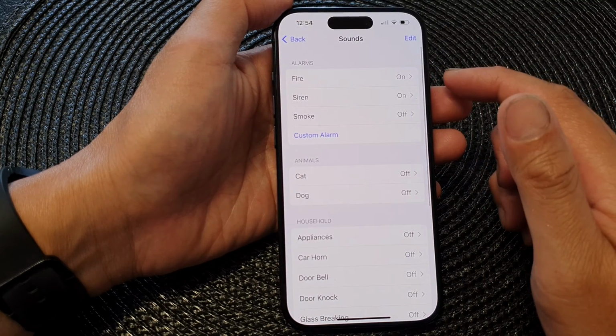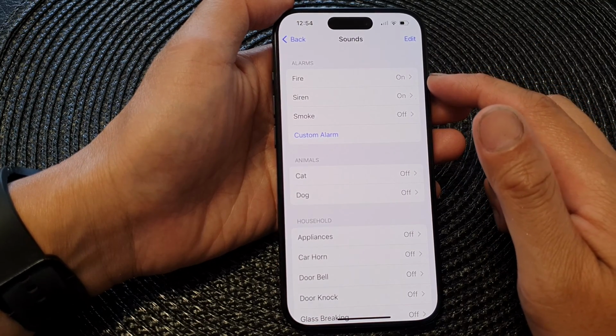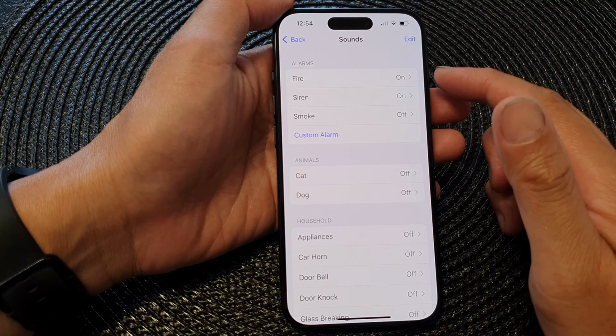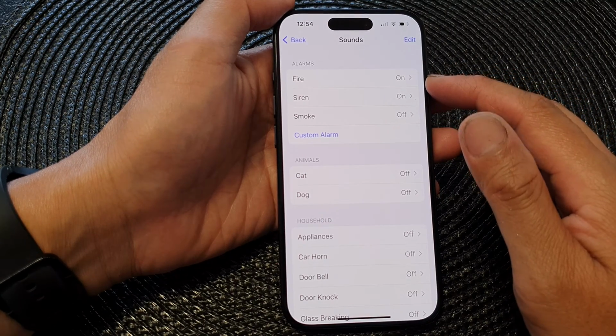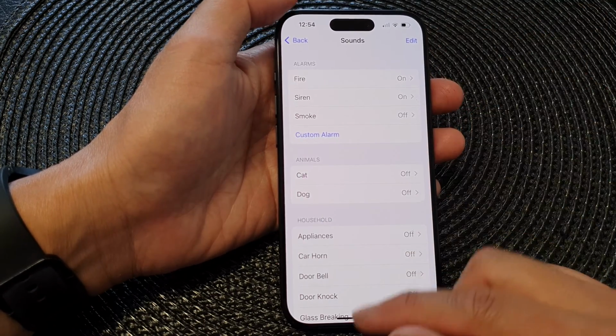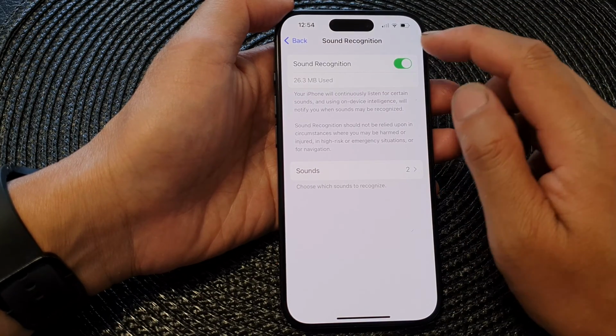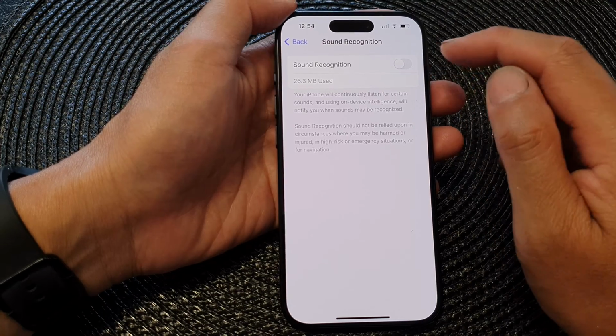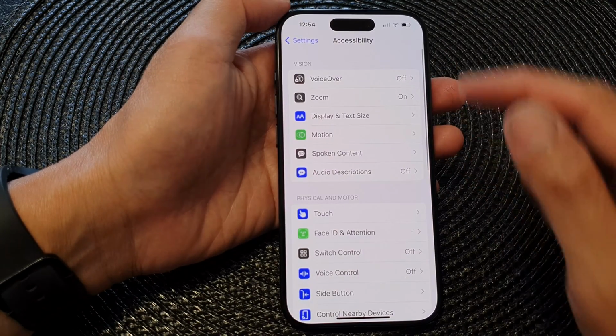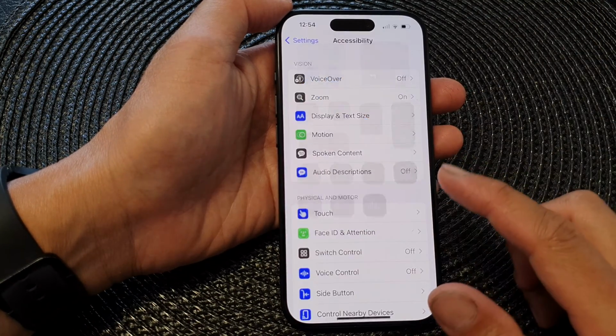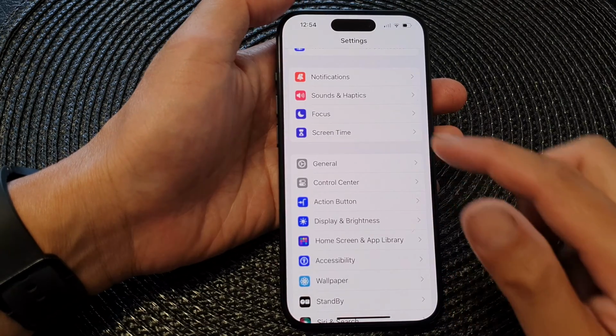So whenever your phone recognizes the sound of fire, it will alert you and raise an alarm on your device. And that's it. And once you don't want to use it anymore, you can tap on the toggle button to switch it off. If you want to remove it from the control center, simply go back into your settings, then